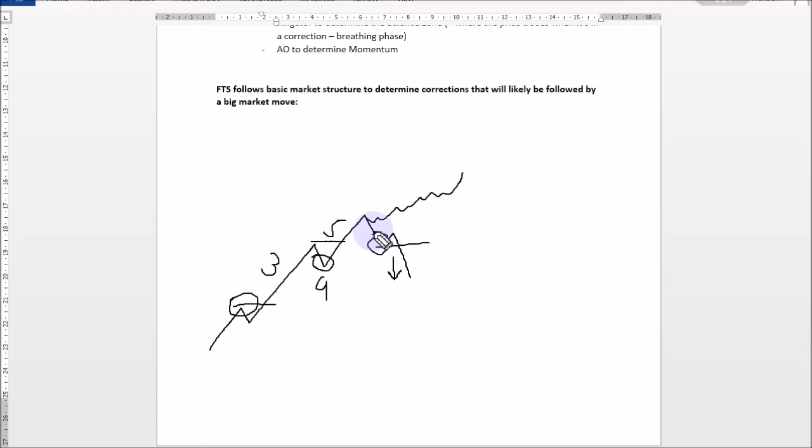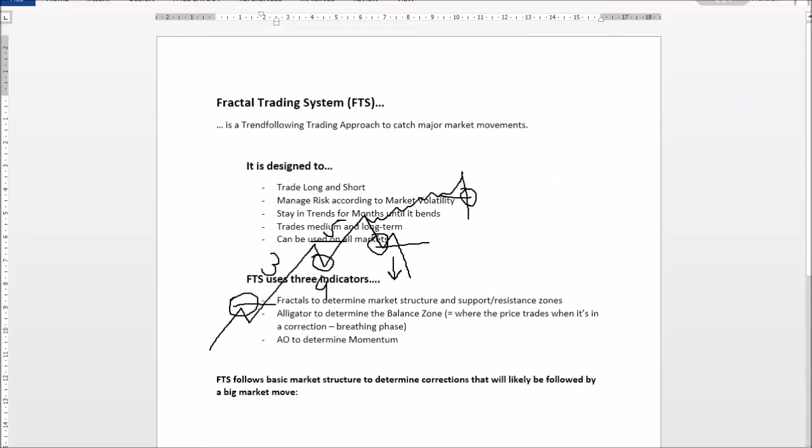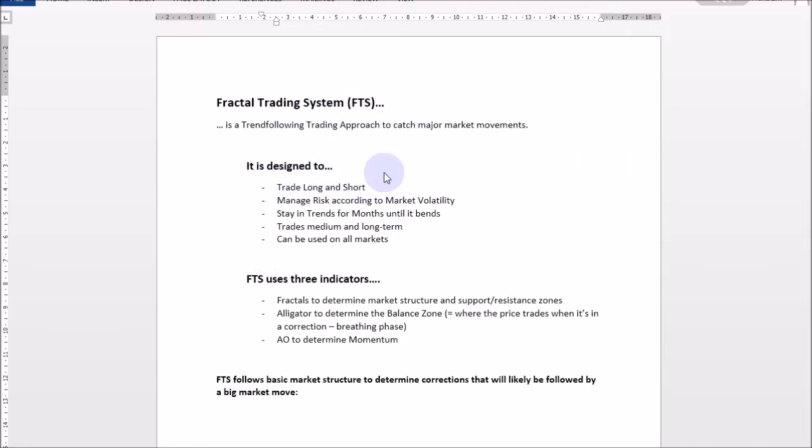So we have rules that will trail the stop behind the market, and as the market goes below that, we are simply stopping out, for example, in a scenario like this. So we are looking at this market structure, and this is the basis of the indicators that have been explained right up here. Let's now take a look into one of the trends that had occurred in the past,